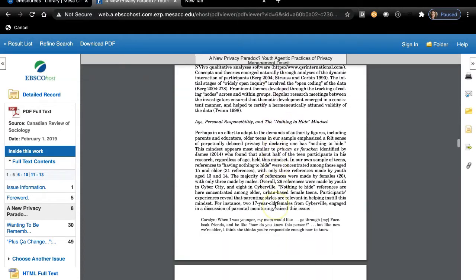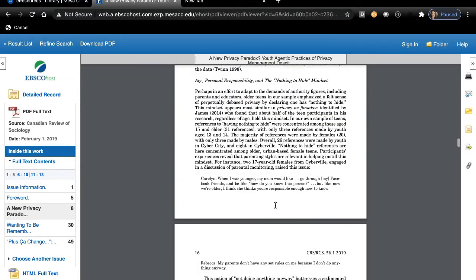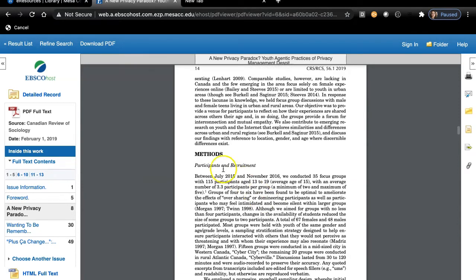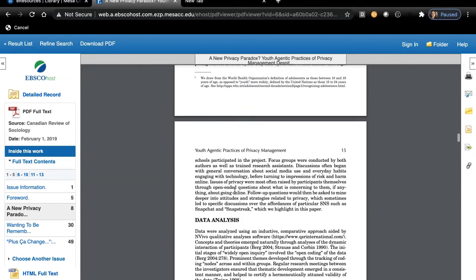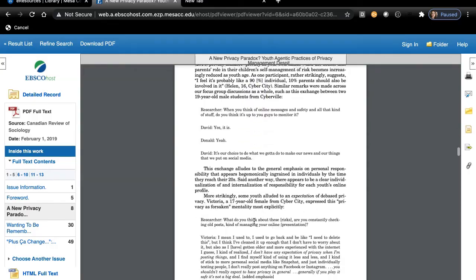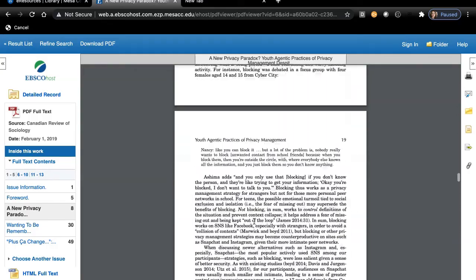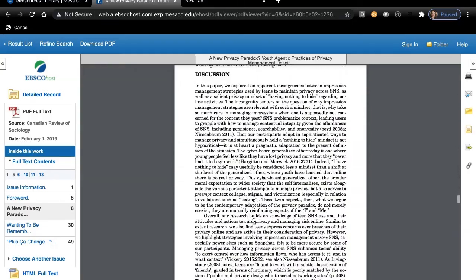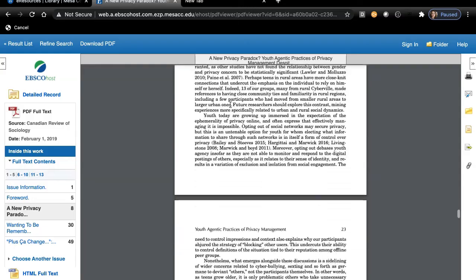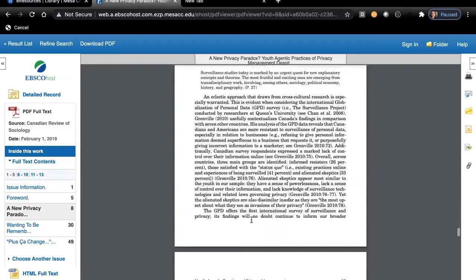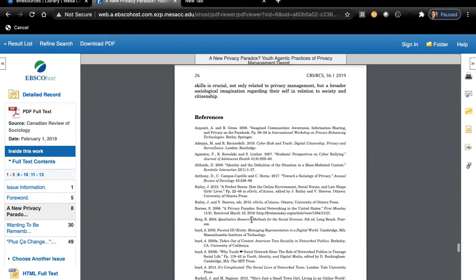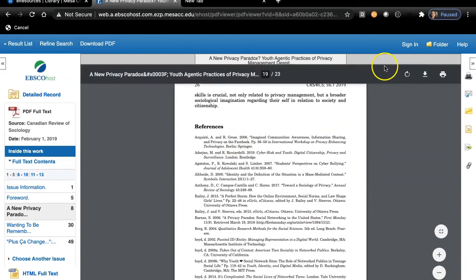It'll have advertisements. And you can see that this is really a journal article because it has the methods, data analysis, that kind of stuff. The discussion at the end of whether their hypothesis was correct or not, and then their references. And in here you can download the PDF or you can print it. Or if I go back to the detailed record,